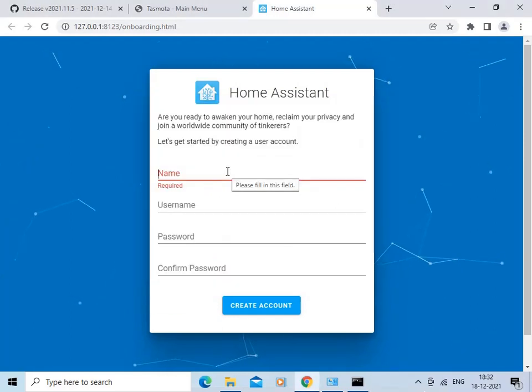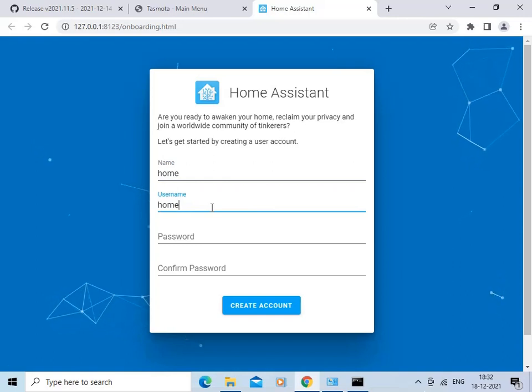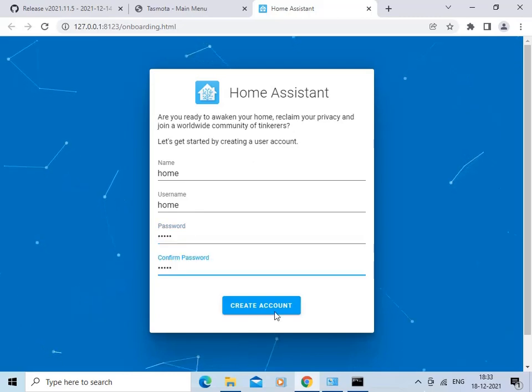So this is the Home Assistant page. We need to create the account. Just write here some name. I have given the name as home. I'm going to keep the username as home and enter the password. So click here on create account.